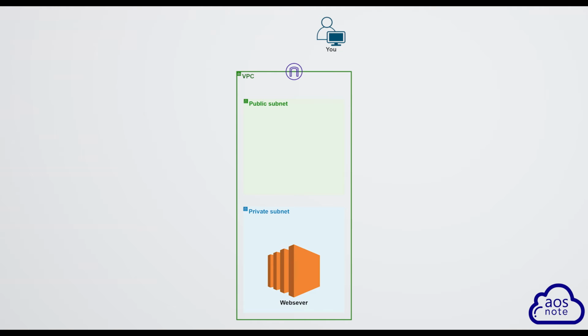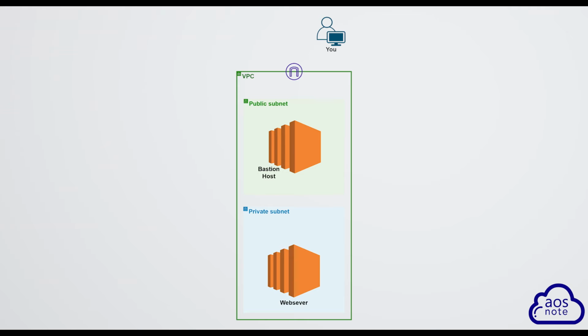In this lecture, we will learn how to use PowerShell to SSH into an EC2 instance in the private subnet. To complete this lecture, first make sure you have properly set up your VPC with public and private subnets. And to SSH into an EC2 instance in the private subnet, first we will launch an EC2 instance in the